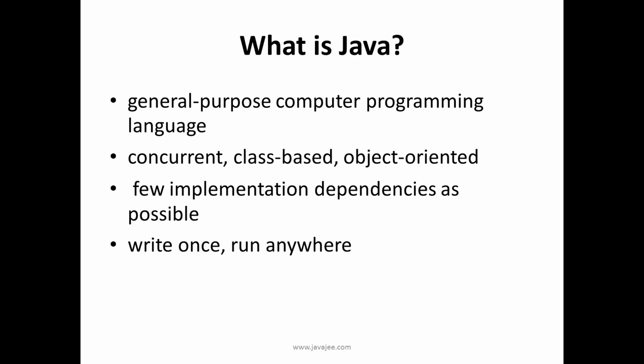But in simple terms, concurrent means to execute multiple flows in parallel. Class based means that all code is encapsulated in classes. An object oriented paradigm is a programming paradigm based on the concept of objects that can be compared to real world objects, and they contain properties and behaviors of objects encapsulated as fields and methods in them. We will see about classes, fields, methods, etc. in detail in another Noto video soon.